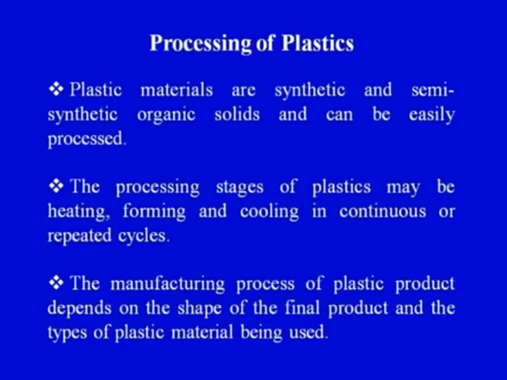So the various stages would be heating. We would be heating the raw material, that is any polymer or any plastic. It would be forming. Forming means we would be converting it into the desired shape. Now suppose we want to make a pen, so the polymer would be melted and it would be formed in the form of a pen. Now suppose I want to make a plastic bucket, the raw material would be in the form of a plastic, it would be heated and it would be deformed into the shape of a bucket. Suppose I want to make a mug, the mug would be formed, given the shape of a mug by heating the raw material, that is a plastic, and converting it or forming it into the desired shape.